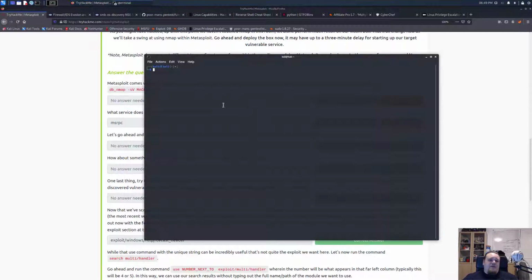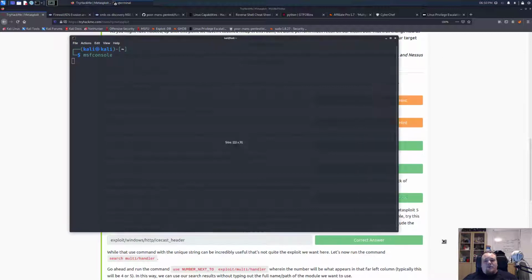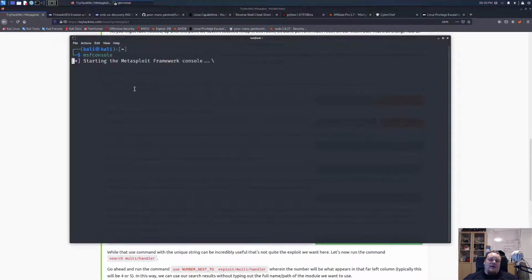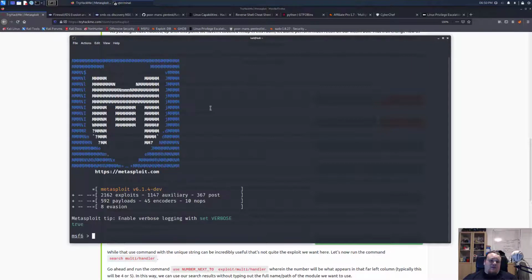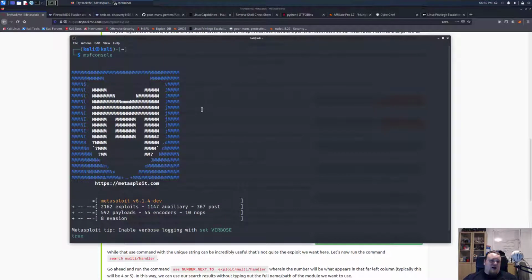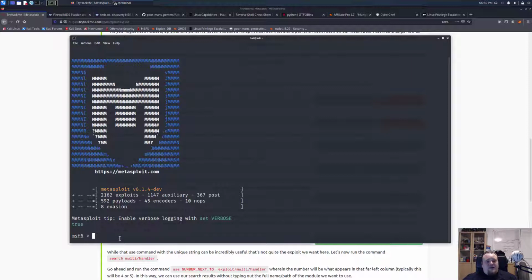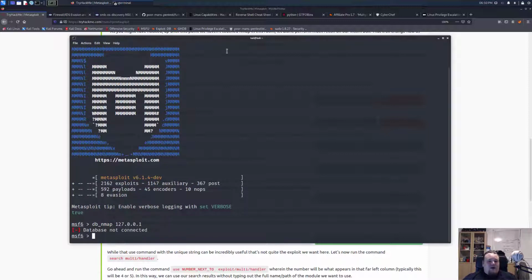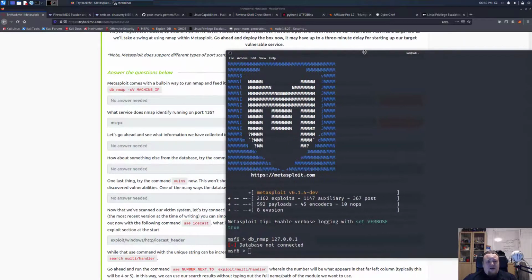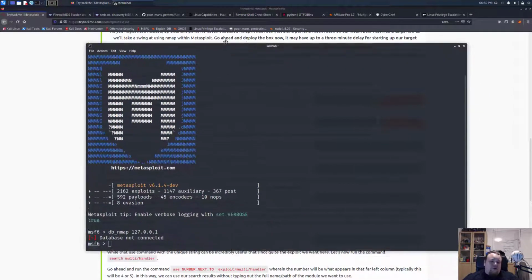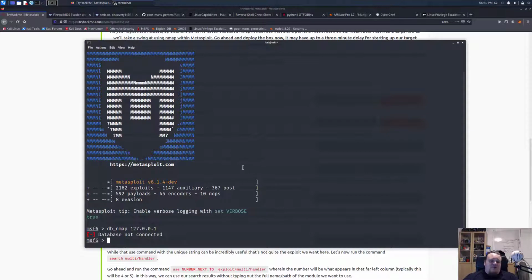The way you start it, maybe I should just show that. You write msfconsole, and it will start the Metasploit console. It's always going to show you some sort of ASCII art whenever it starts, sometimes a cow or a soldier, whatever it is. And then what it tells you is to run db_nmap on my IP address. It says database not connected, and if that is the case, you should definitely go ahead and connect your database. I haven't started the